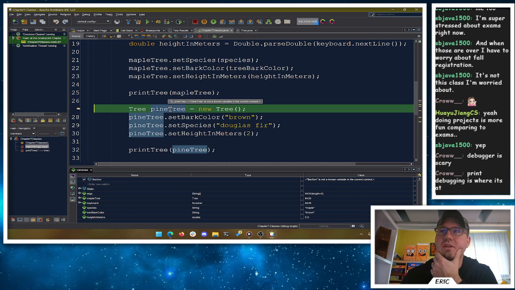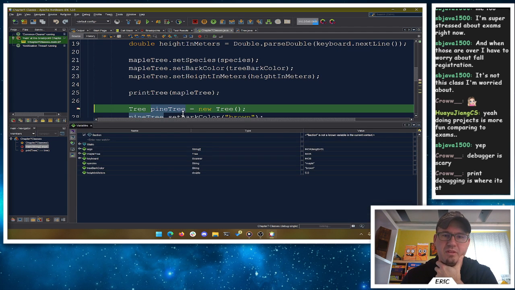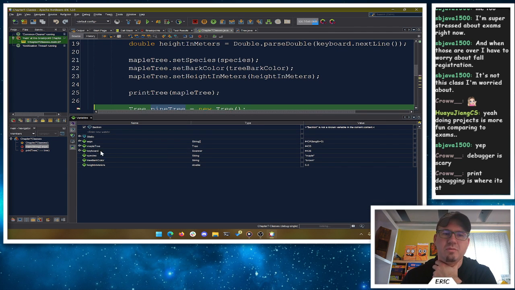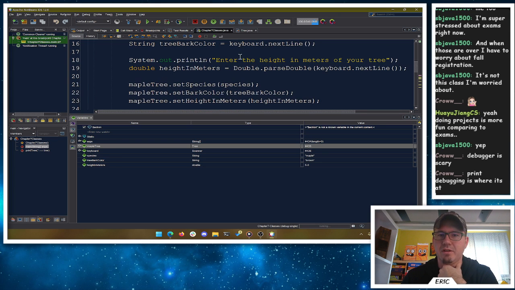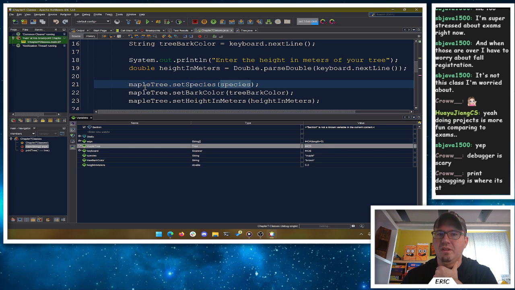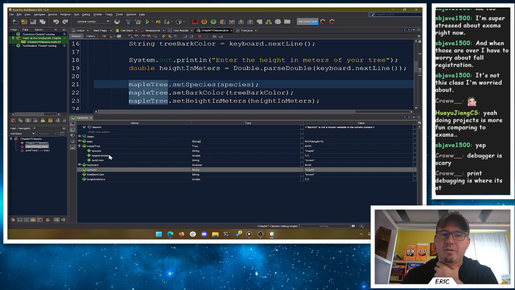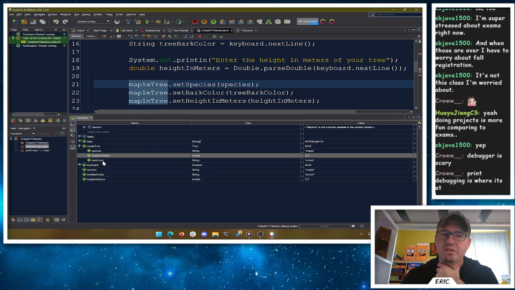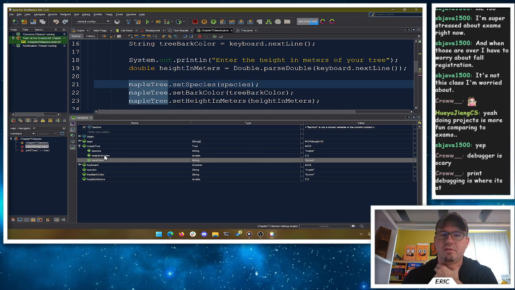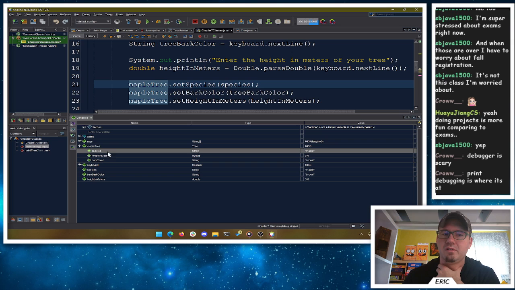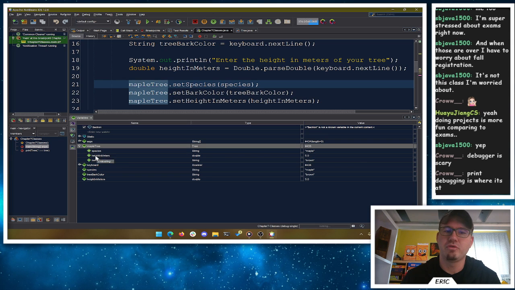So here we are. This is our tree now. You can definitely print a bunch of things, but now we have our maple tree. Let me bring this up a little bit. I can't make this one larger; it doesn't zoom very well. But here's the maple tree that we created, using the variables that we were given. You can expand maple tree here. Previously, all you had was the values, but you can expand it, and we can see its attributes: species, height in meters, and bark color. You can see the values of those attributes that belong to this instance of maple tree.